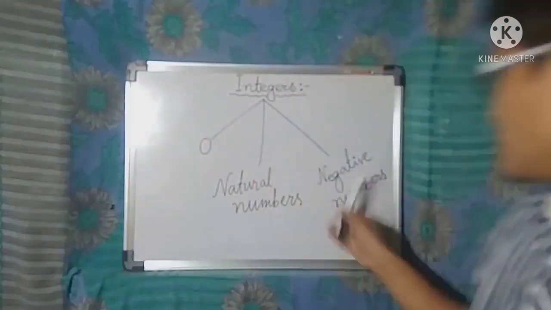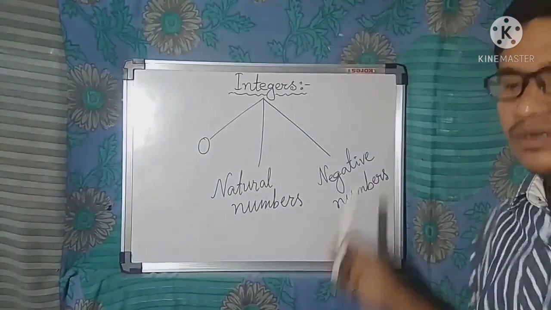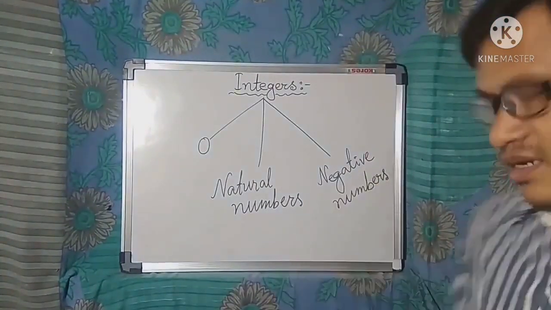That means starting from 1, all the numbers are natural numbers. Then negative numbers. What are negative numbers? The numbers with negative sign, minus sign. -1, -2, -3, -4, -5, -6, -7, etc. All these numbers are called negative numbers. That is why we can write the definition of integers as